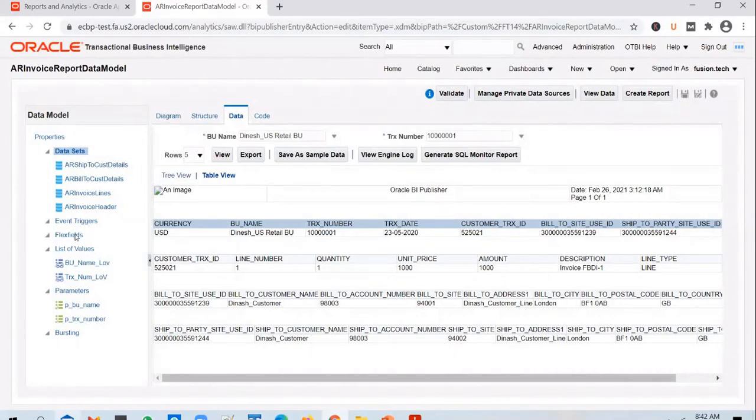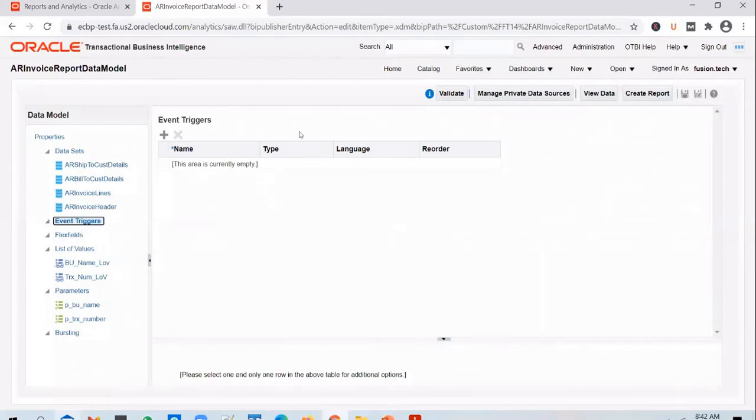So these two options, what we used to do in eBusiness Suite is when you build a report, if there is a complex calculation required or if there is any pre-processing required, what did we used to do? We used to write a PLSQL package and invoke it from a before report trigger, right? We used to add triggers here and invoke that PLSQL package from a before report trigger or after report trigger. But in ERP Cloud, you cannot use the event triggers feature. You might find this feature available in seeded reports where Oracle was referring to seeded Oracle packages, but we will not be able to use these event triggers or the flex fields option as a developer.